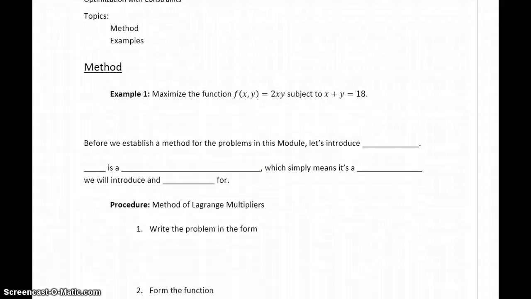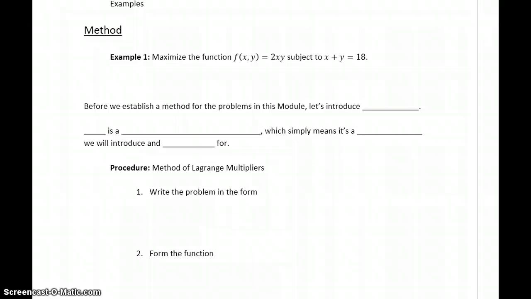So in example 1, we're given the function f of xy equals 2xy. That's the function that we want to maximize. Another word to refer to that is the objective function. The function that we're interested in either maximizing or minimizing is the objective function, because our objective is to optimize that function. And then we're given some other restraint or some other statement, which in this case is, subject to